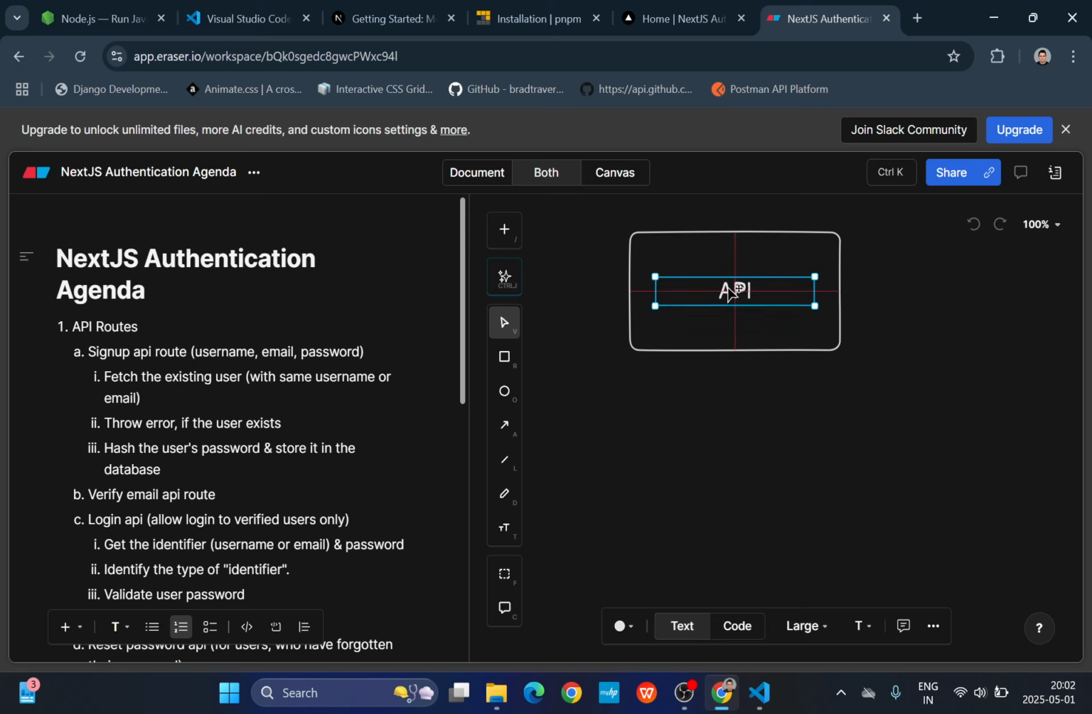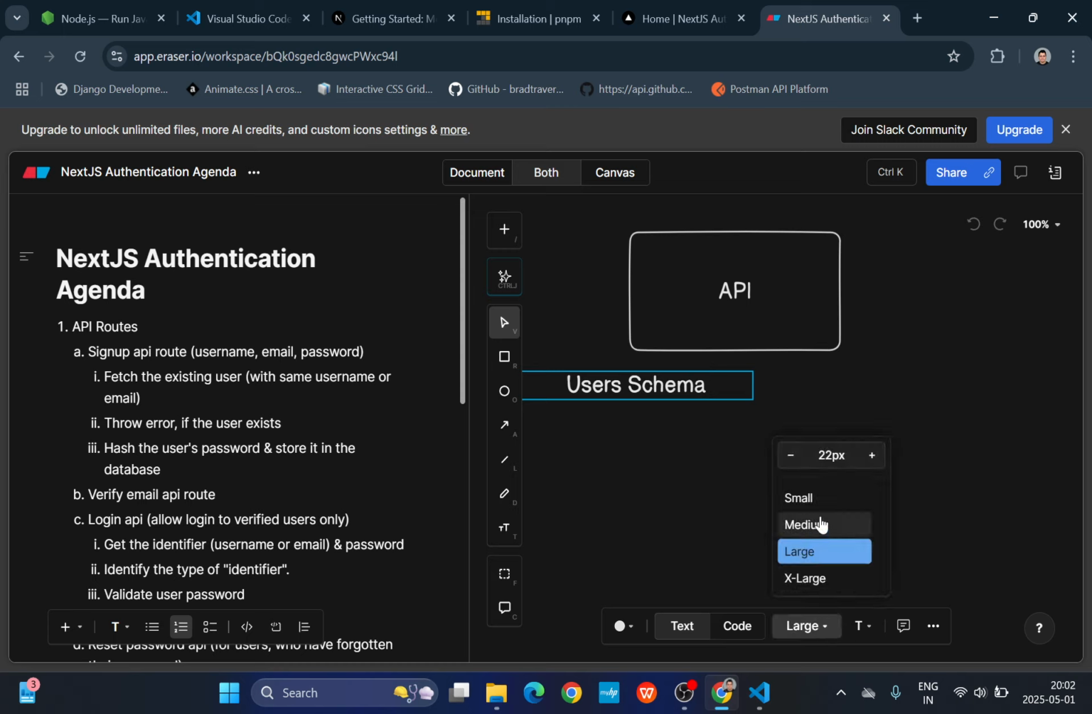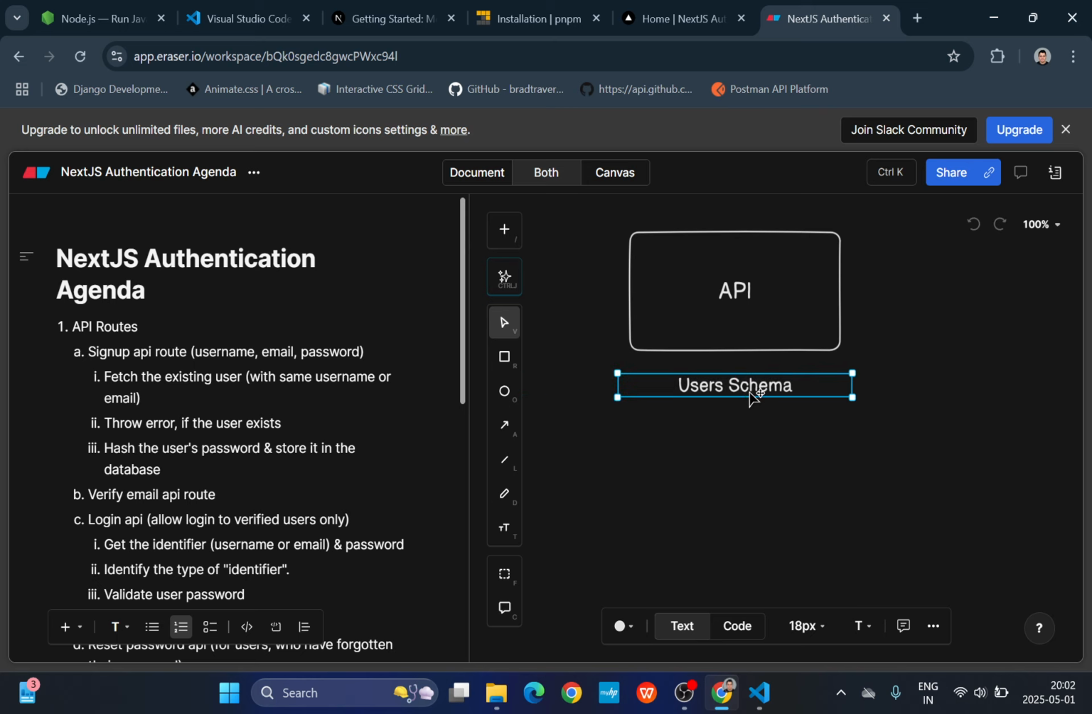Wait a second. Okay, so first of all, let us discuss what will be included inside our user schema. What will be included in our user schema is that, first of all, we can go ahead and store the following fields: name, then